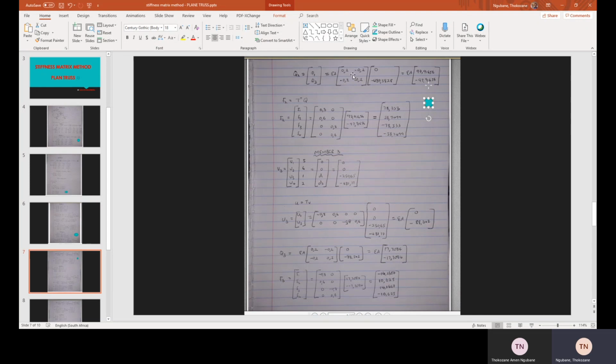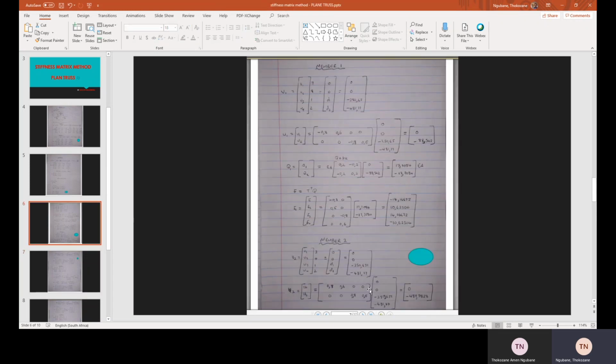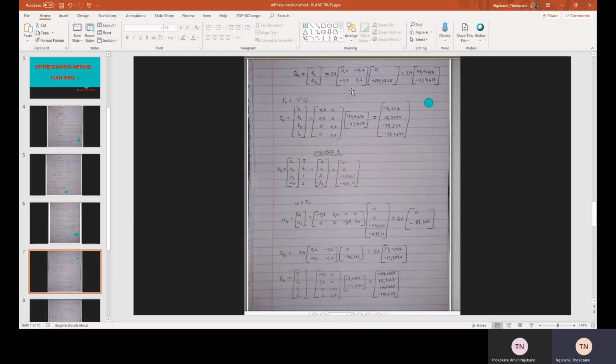Remember, we have this formula for K. It's K times what we calculated previously, which was U. So Q is equal to K times U. So this is our K and U. We multiply K and U, and get